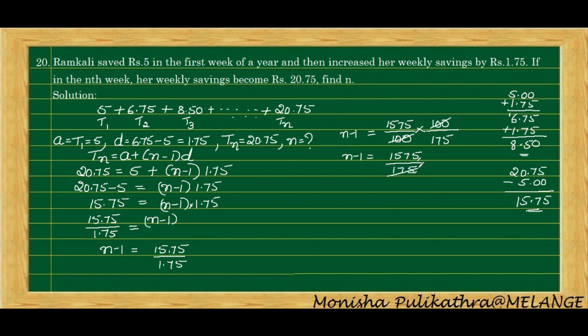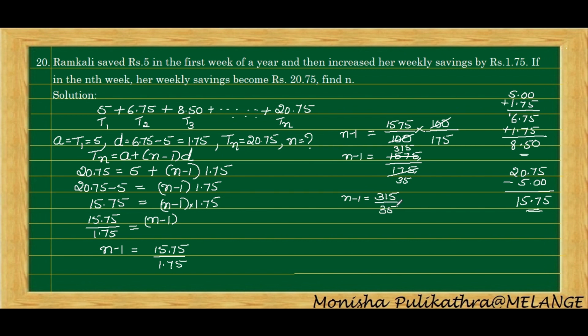Okay, here 5 3s are 15, so it is 17 here, so 2 carry. So 5 5s are 25. Okay, here 5 3s are 15, 5 1s are 5, 2 carry, 5 5s are 25. Okay, so next here the remaining is n minus 1 is equal to 315 by 35.